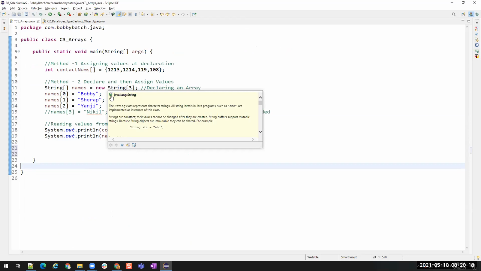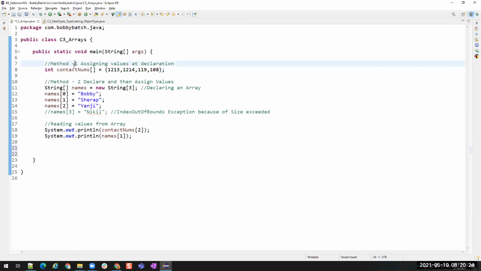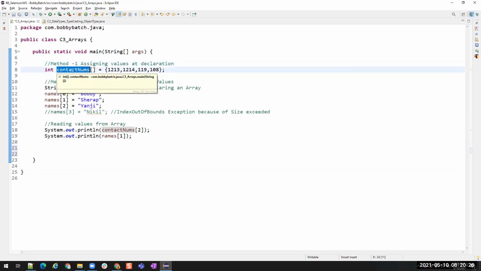So you are declaring the integer contactNumbers, and names. That is a class, the reference type, and this is a primitive integer value. This is not a class. This is a primitive data type, a keyword, which is why we use a small letter.